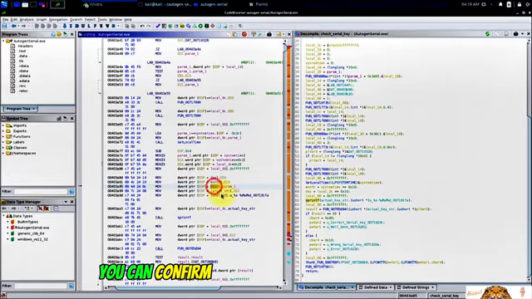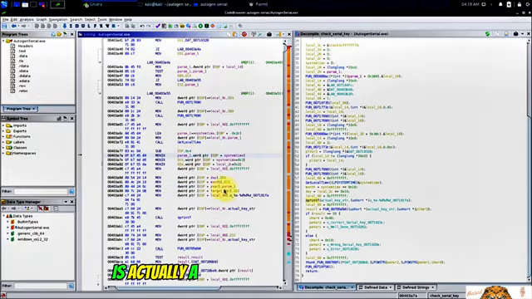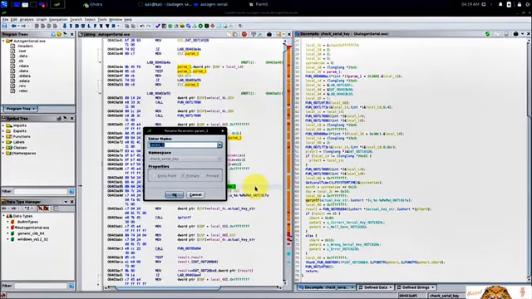And you can confirm the year further by looking at param 1. So when you look at param 1, param 1 receives the pointer to the address of this structure. So the pointer to a structure is the first element of the structure usually. And what is the first element of a structure? Here. So param 1 is actually a pointer to the here. So we can actually rename this param 1 pointer